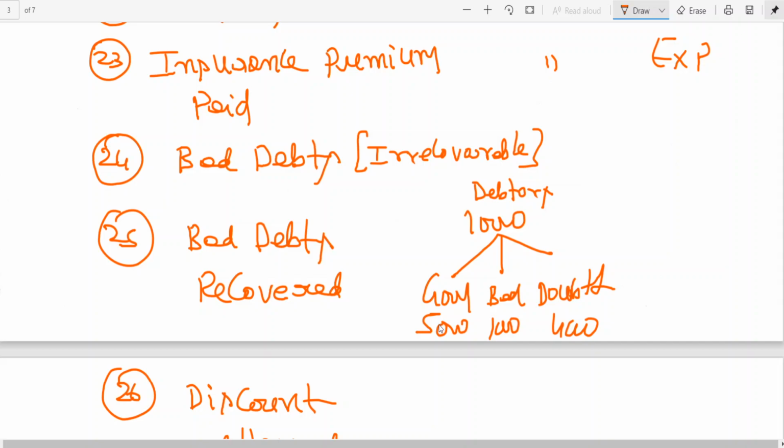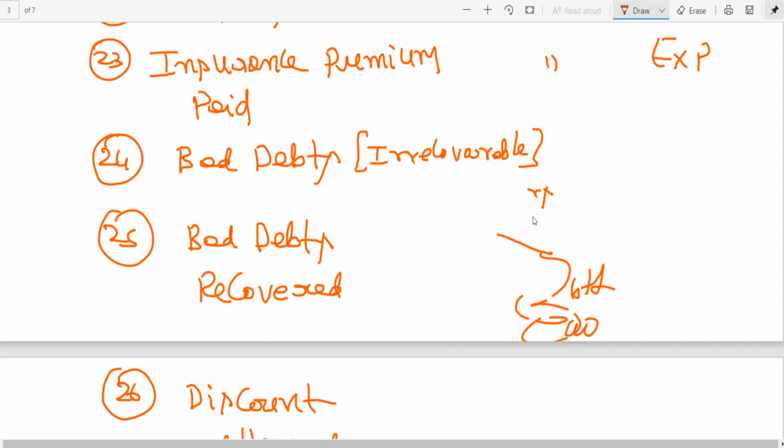Good means the customers are making payment. Bad means one of the customers is not paying. Doubtful means 4 customers left the place on a tour. They may come back or not, we don't know. That is doubtful. Now bad debts is the amount irrecoverable from that particular business. It is a loss. All expenses and losses will be debited to which account? A nominal account.